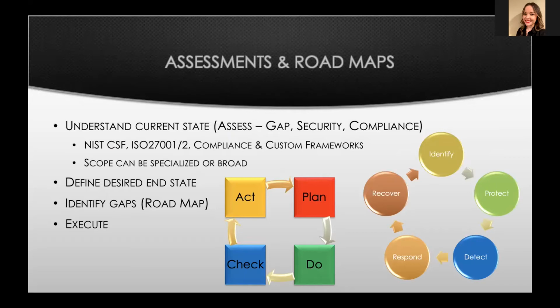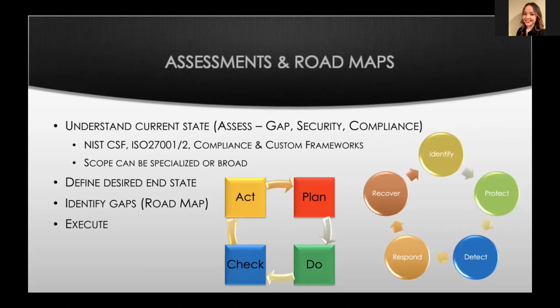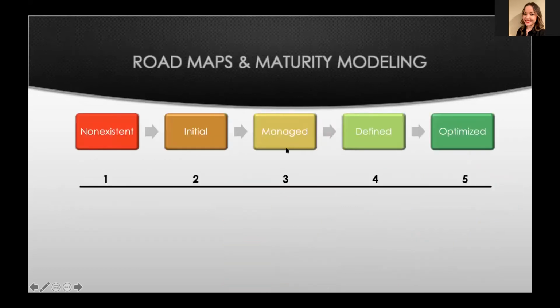I think we're actually just about done here. So we'll go back here, right? So we have doing an assessment to understand how to design to get to your end state and manage your roadmap, right? Now let's talk about maturity modeling a little bit. So maturity modeling is where we're going to, and there's different ways to do this. The example I have here is my preferred method, the one I think is a little more valuable, which is basically saying, hey, for this aspect of information security, right?